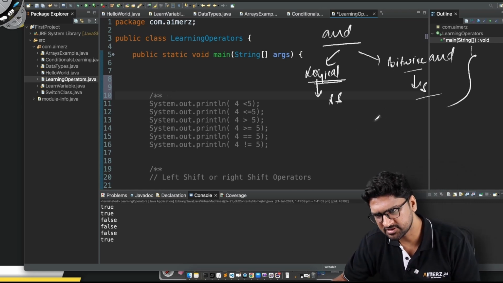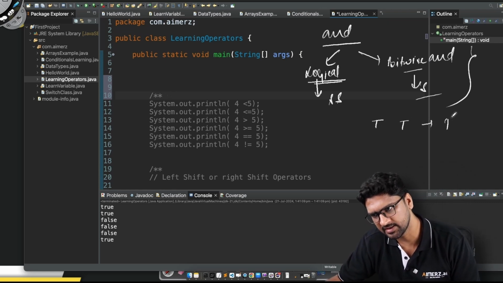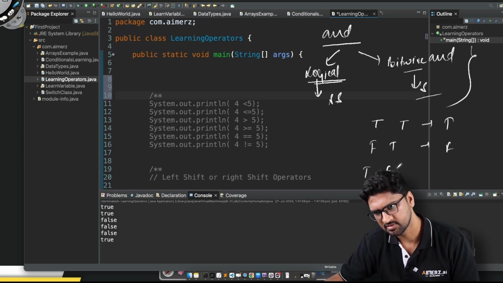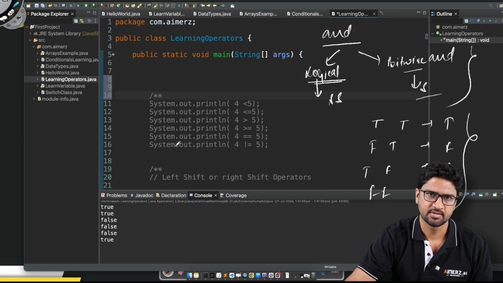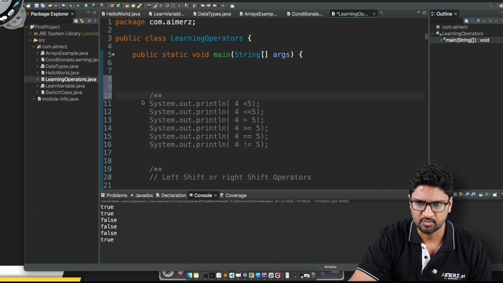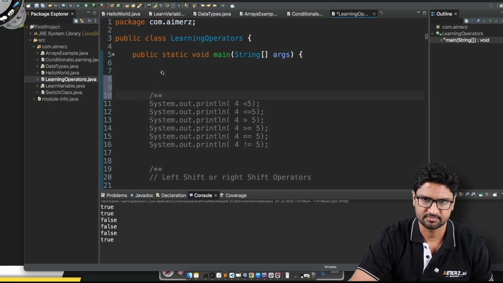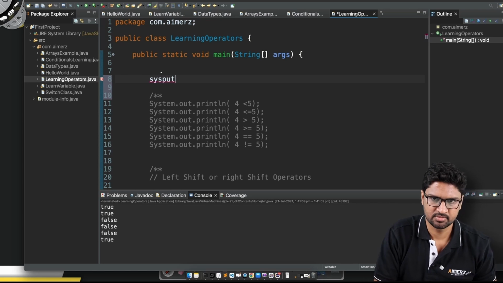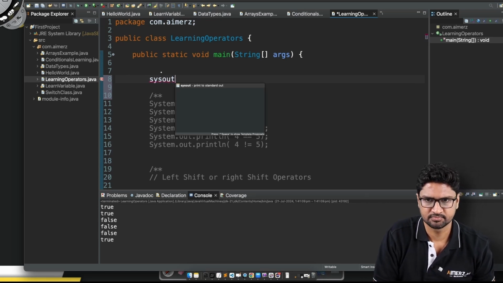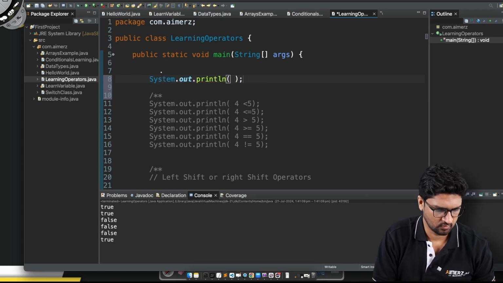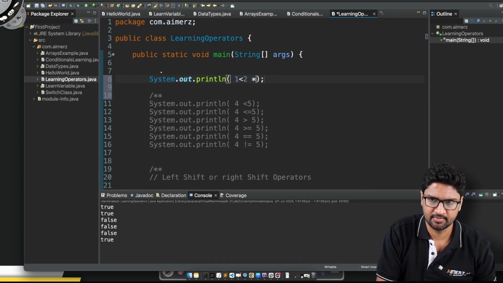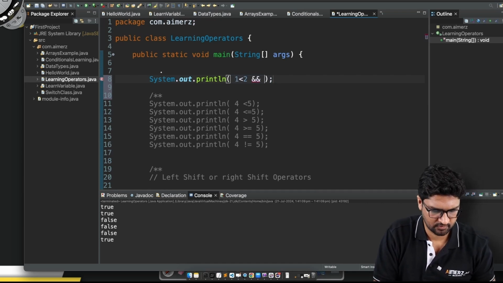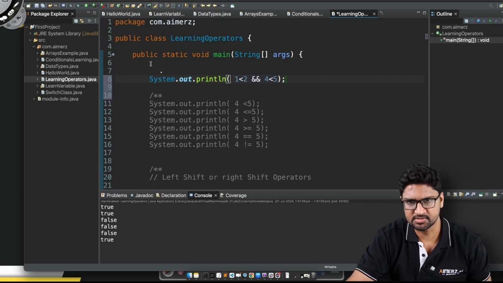Now AND means that if the first condition is true and the second condition is true, then only the answer will be true. If one of them is false, then the answer will always be false. Or if both of them are false, then obviously the answer will be false itself, right? That's how it looks. So now what I do here is I say sys out, and I say 1 is less than 2 and 4 is less than 5. If I go and run this,